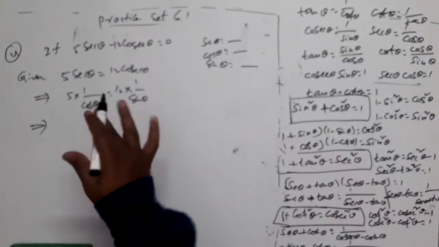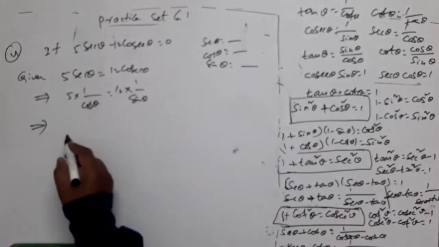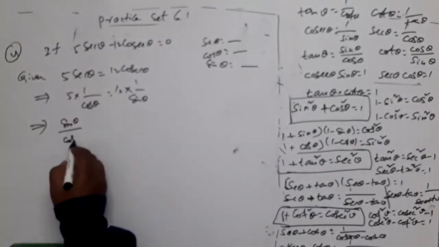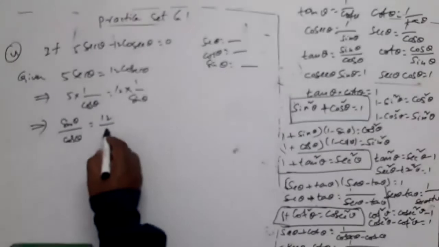We know that the ratio of those two is tan theta or cot theta. Sin theta by cos theta is tan theta. Cos theta by sin theta is cot theta. So let us bring this term to the other side. Sin will come to the numerator here, cos theta I am leaving as it is, and 12 I am leaving as it is, and bringing this 5 to the other side, that will go to the denominator.